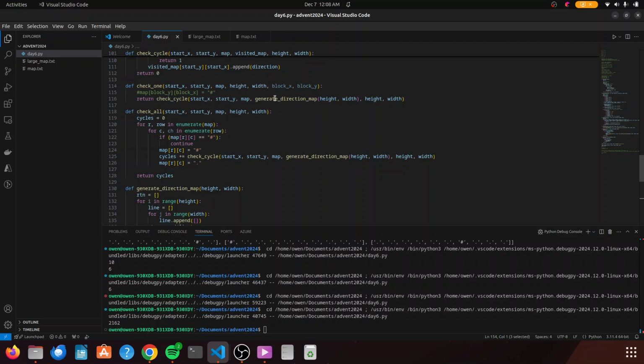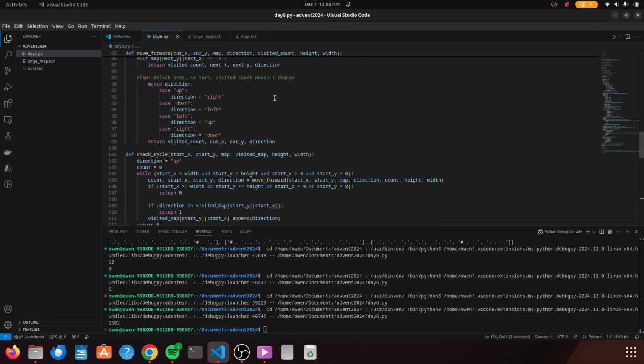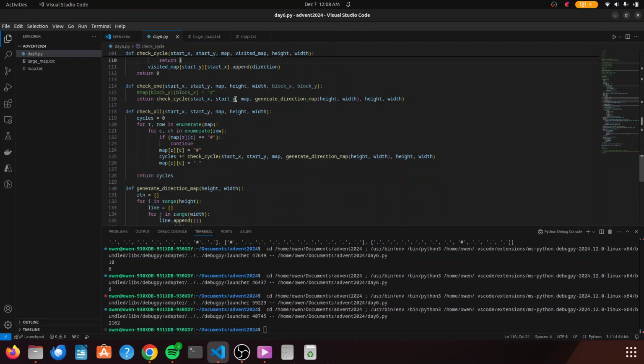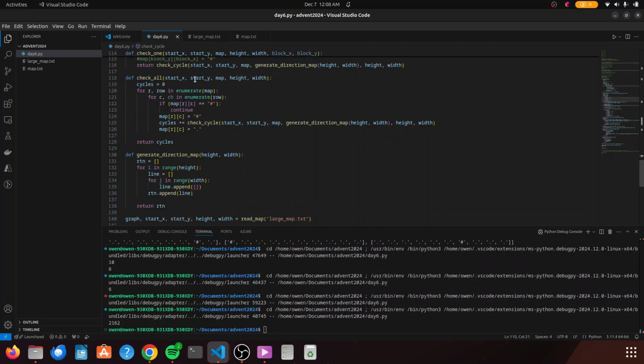This was for debugging, check one, but check for a cycle. You feed it the adjusted map, and then you have a visited map, and the visited map is a map of lists of strings, and the strings are directions. So if you visit a square you visited before, and the direction you're going is in the list of directions for this square, you've found a cycle. Check one checks one coordinate. That was just for debugging. And check all,